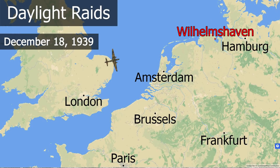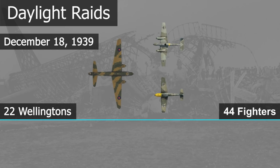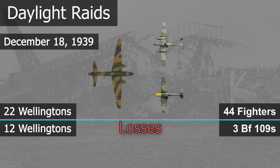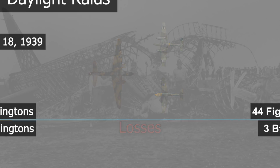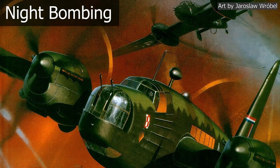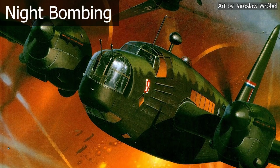And, on December 18th, 24 Wellingtons made a raid on Wilhelmshaven and Schillig Road. Of the 22 bombers that made it to the target, 12 were lost and 2 heavily damaged. The raid was an utter failure, as the docks couldn't be bombed due to restrictions on bombing civilian targets. These events proved the inadequacy of daylight bombing with unescorted bombers, prompting a change towards night bombing missions, where more